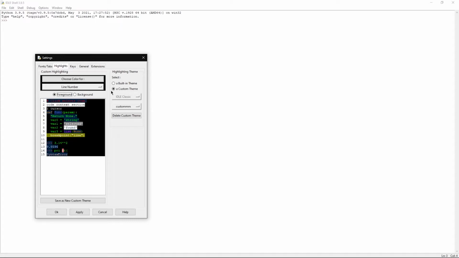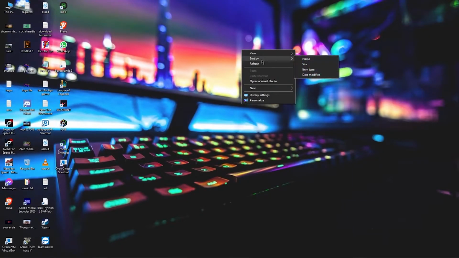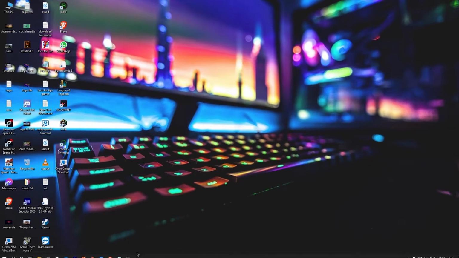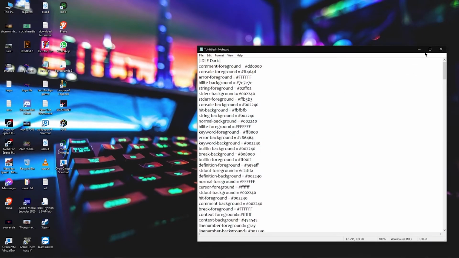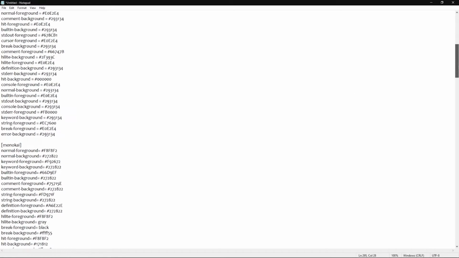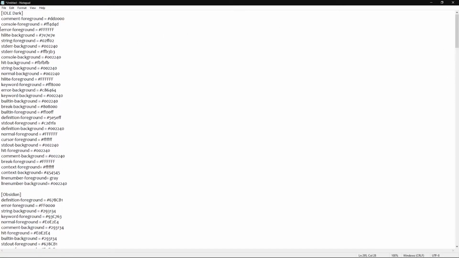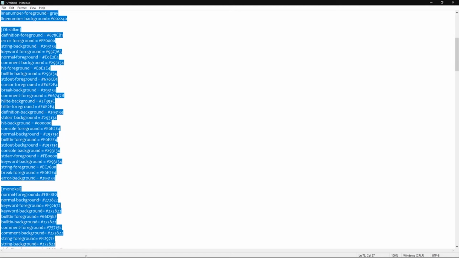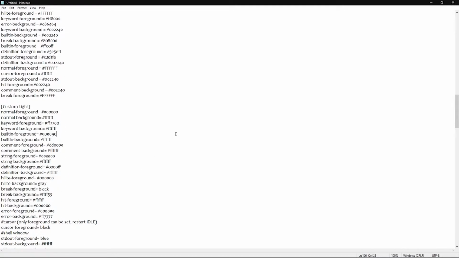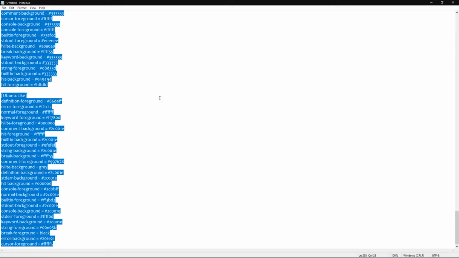And if you want a built-in preset, I have a bunch, 4 to 5 or 7, I forgot. We can apply those presets also. For that we need to close Python fully, and after that I will give you a Google Drive link in the description box, with all of the codes. You should go to the link and copy all of the codes which are here. Select everything with Ctrl A on your keyboard, copy, and close this.